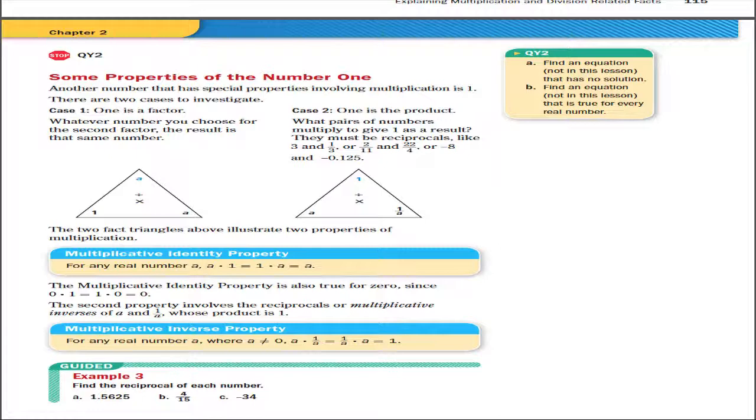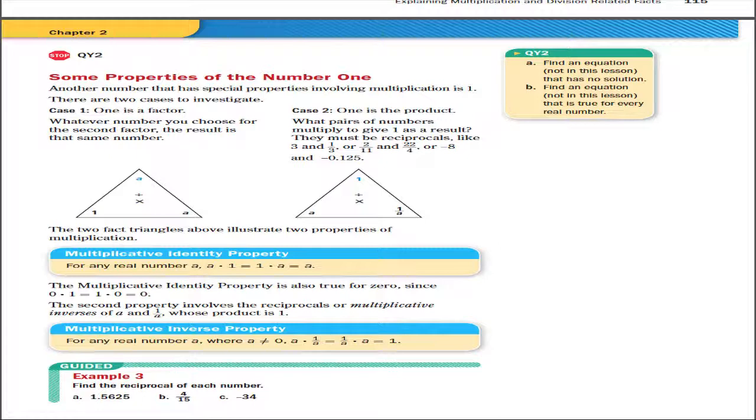The multiplicative identity property tells us that for any real number a, a times 1 equals 1 times a, which is equal to a. Let's pick a number. How about 5? 5 times 1, that's equal to 5. That's the multiplicative identity property of 1, which leads us to the idea of creating a 1 through the multiplicative